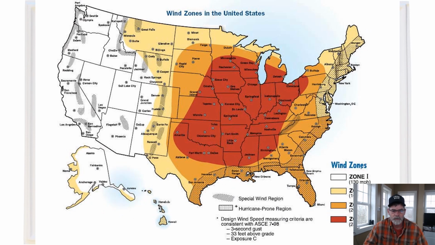The next concern they had was tornadoes and hurricanes. And so here's a map that kind of breaks down the wind speeds and the hurricanes and those kind of things. This area out here on the coast, this is your hurricane threat. Now we've pretty much eliminated most of this based upon our other needs. But this dark red area right here, this is your main tornado threat. And if we take this and then stick it on the map,